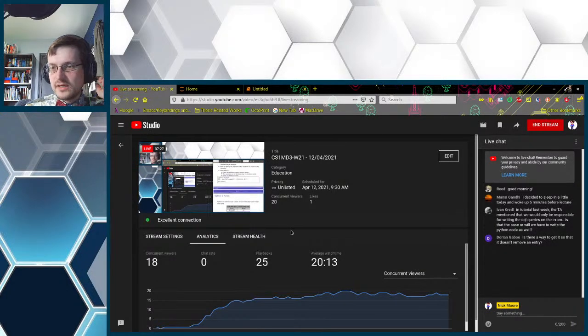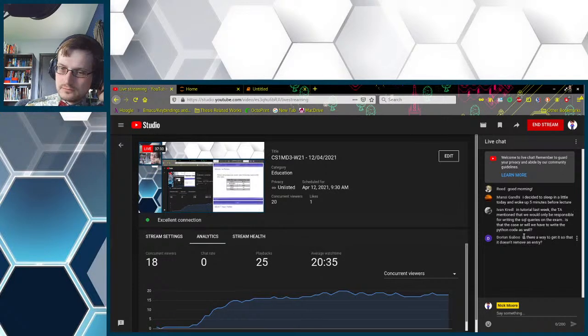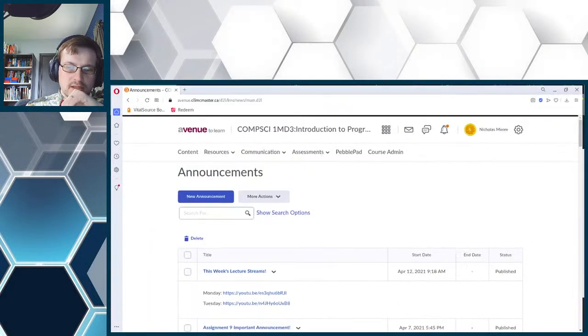Is there a way to get it so that it doesn't remove an entry? You mean from printing it? Yeah, you just fetch all from the beginning. You could even,